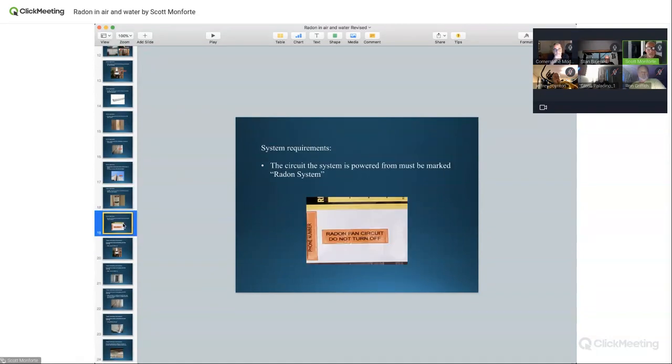So not only do you have to label the fan, you have to label the piping, you have to label the circuit. If you can put a radon system, I'll wire it to the panel and give it its own breaker. Other times I'll put it on an outlet. As long as the circuit isn't overloaded, you can tap into a junction box. What you can't do is use Romex and put a plug on it and plug it into the HVAC system. I see that all the time. If you see some funky wiring, we're all inspectors. If you see something that's not wired right, it's no different with a radon system.